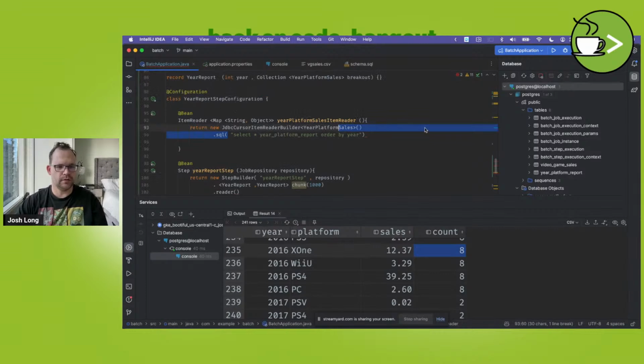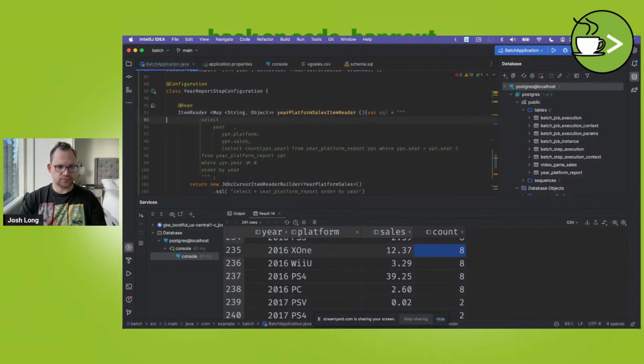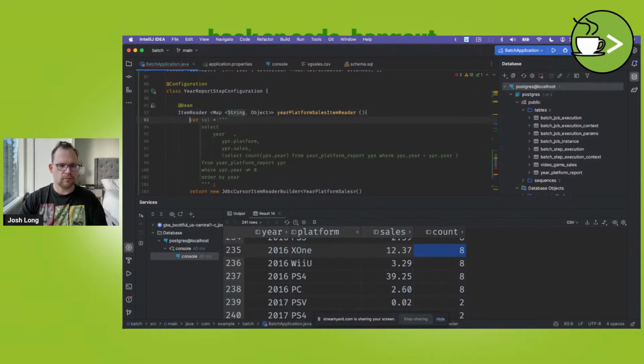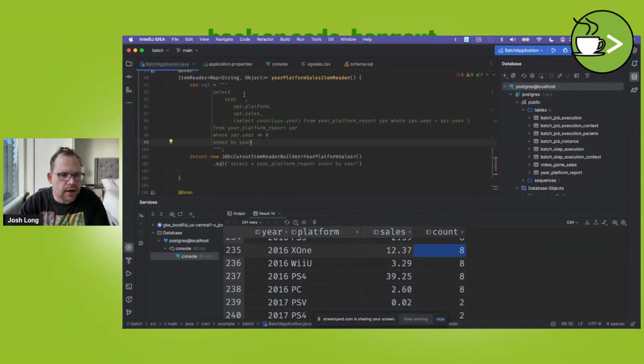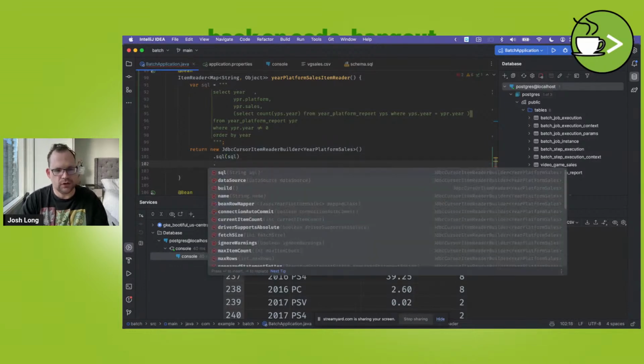So var SQL equals, let's see here. Ready? Okay, we did it. We're making progress here, friends. We've got a count. We got the year, we got the platform, we got the sales, and we got the count. And with that, we can now pass this into the builder SQL, and we can pass in the data source